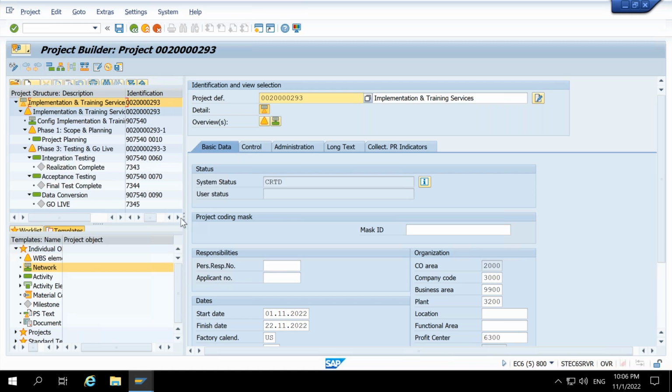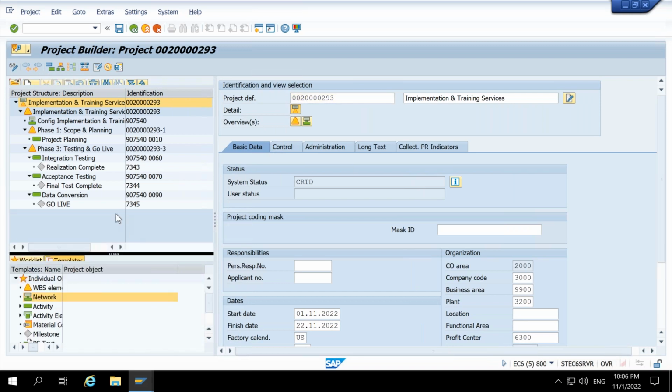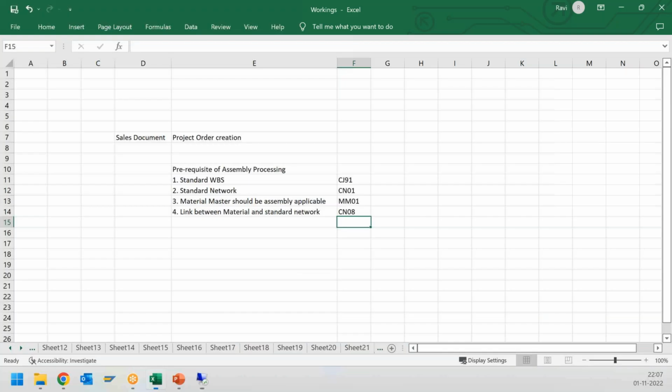So you have to explore this process in detail, the sales order process, assembly processing. Try to do that in the system. There will be so many problems you will face regarding the configuration or other things. If you need anything or want to discuss anything, we can discuss again in detail. But the idea behind it is, if you're talking about the integration point of view, we have this information, the standard,